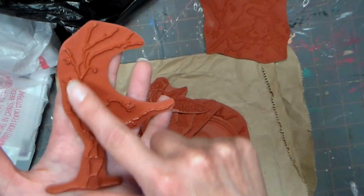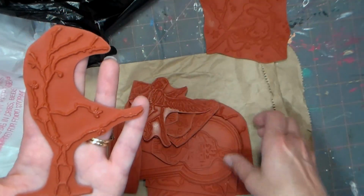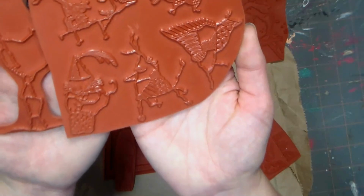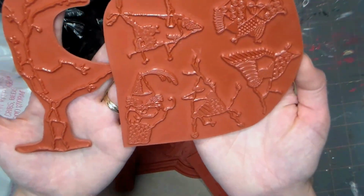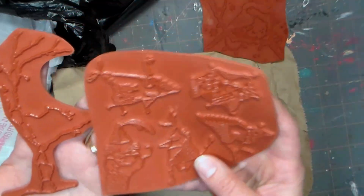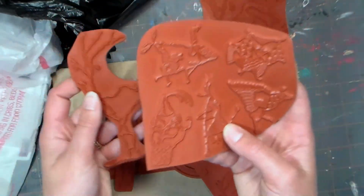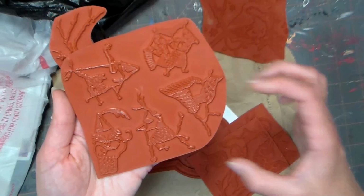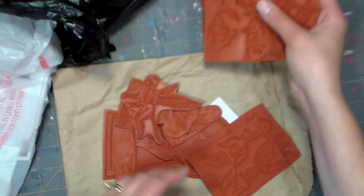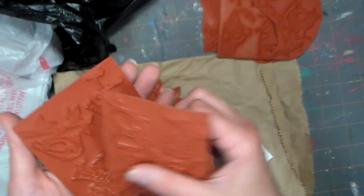This is this little sidewalk crack I thought was really cute. She actually did a whole series of birds, called little cracked birds and cracked fragments, I think. They're just really funky and whimsical, and I just thought they were very interesting, and I've had my eye on them for a while. They have them in bigger singles, but I thought the little set would be more useful to me. And then she has this new line of birds, and again, she has them as larger stamps,